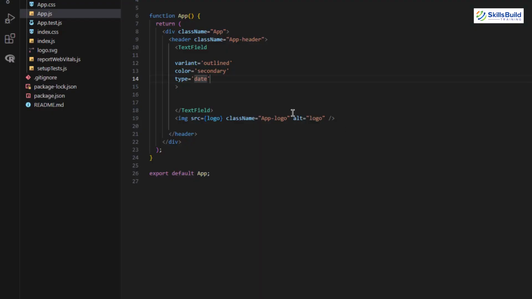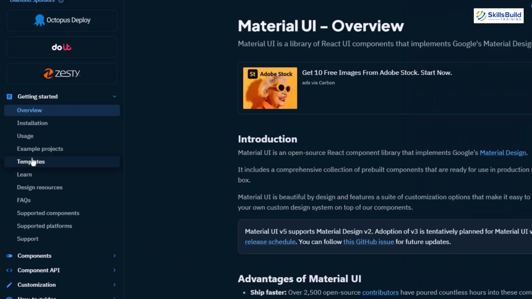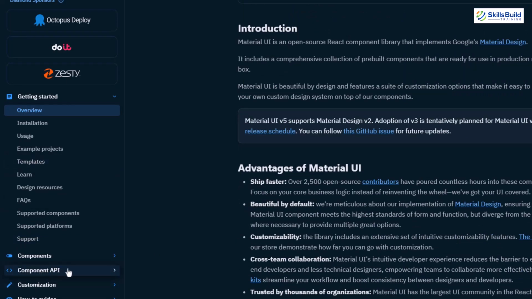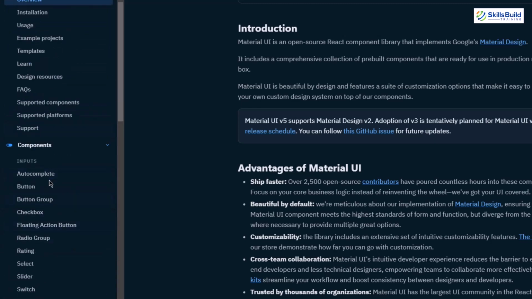Let's go back, and I know that you might be wondering where we got these types of values, which are outline, secondary and date. Let's go to the official website of Material UI. Here it is. From here, just click on get started. On the left hand side, we have components API, we have components, and many other things. Just click on components and scroll down, and here we have all the components